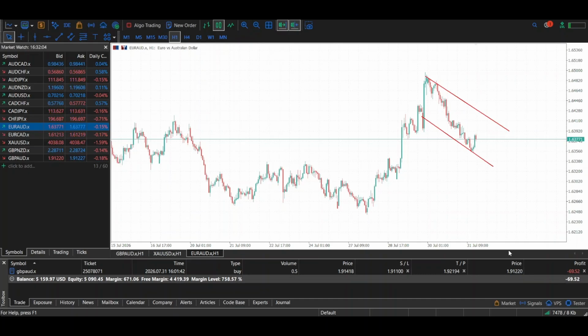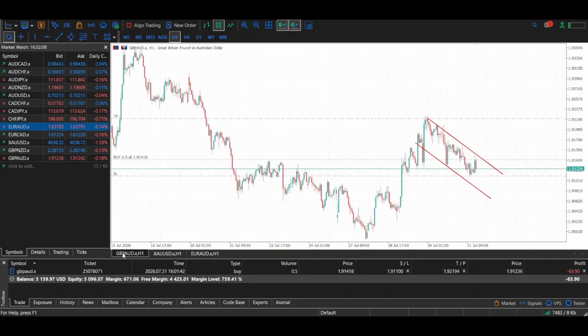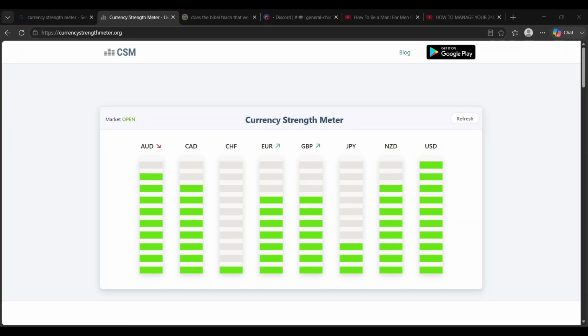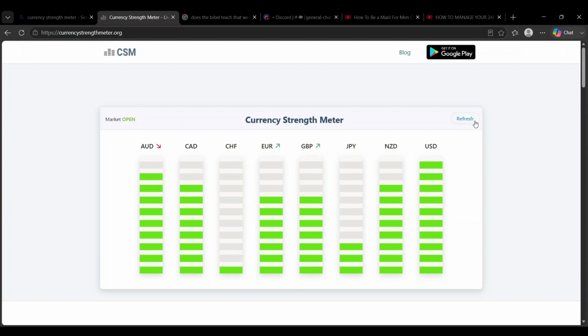I'm halfway actually from losing $100 on this trade. So I'm just gonna wait and see what's going on. And oh guys, I wanna show you again, let me refresh. I entered a trade on GBPAUD, so there's a high chance that this setup might be a loss because